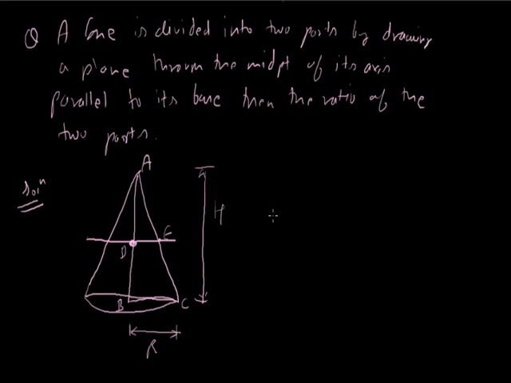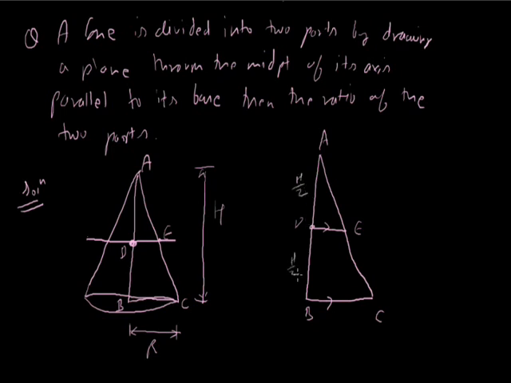We separately make this triangle. इस तरह से देखिए, ये A, ये B, ये C, ये D पॉइंट हो गया जो कि मिड पॉइंट है AB का, और E भी मिड पॉइंट हो जाएगा AC का by converse of midpoint theorem. Okay, so the height of the triangle AB is H and D is the midpoint, so AD is equal to H by 2 and DB is also equal to H by 2. Now BC is capital R.